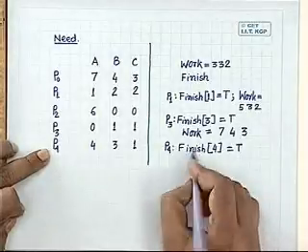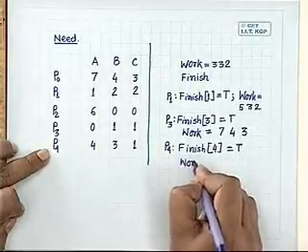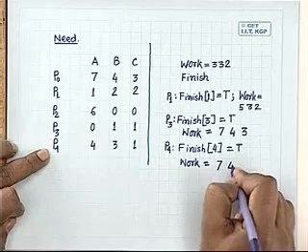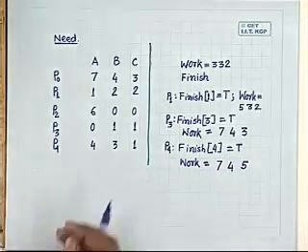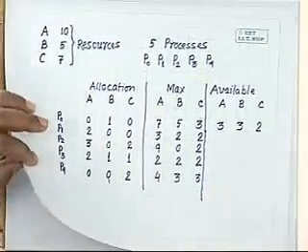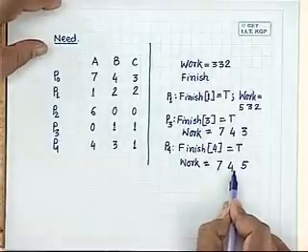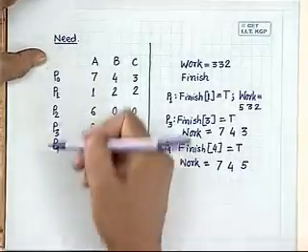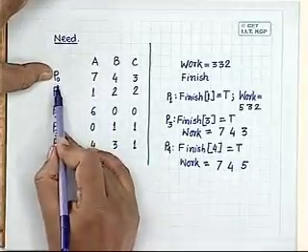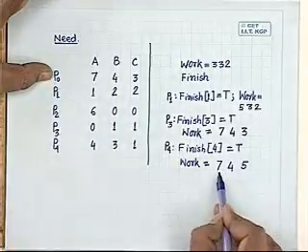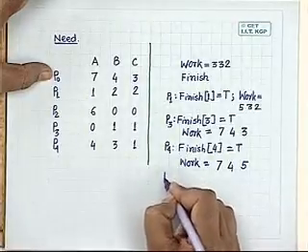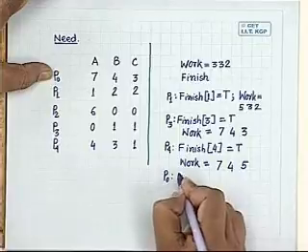Okay? And what will be work now? Work will be 7, 4, 5, because to P4, the number of resources allocated were 002. Okay? So this is the available resources after completion of P4. I go back again. You find that future requirement of process P0 is 743. Now it is less than or equal to available resources at this instant of time. Okay, so now P0 can complete, making finish 0 equal to true,